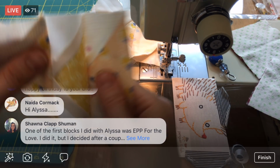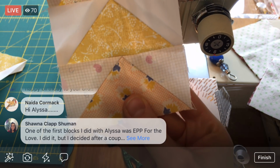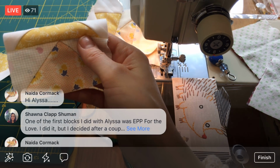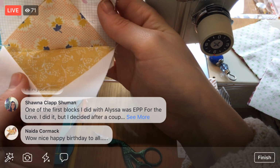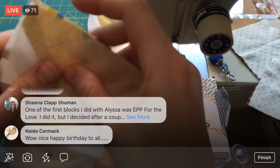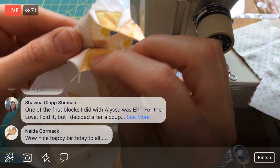Okay, so here is, oh, points are still looking pretty good. All right, now here's the last one. This is the one that goes upside down. So the points are not going to match for this. We're going to plop it up. What we do want to have match, though, are these